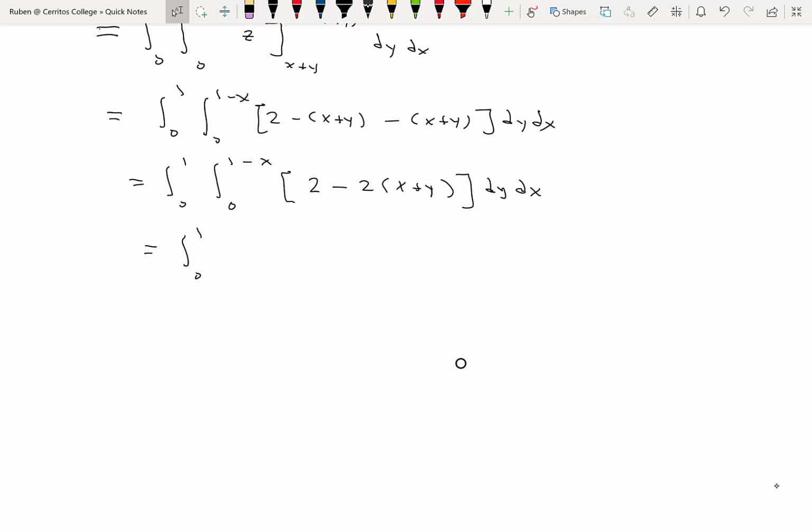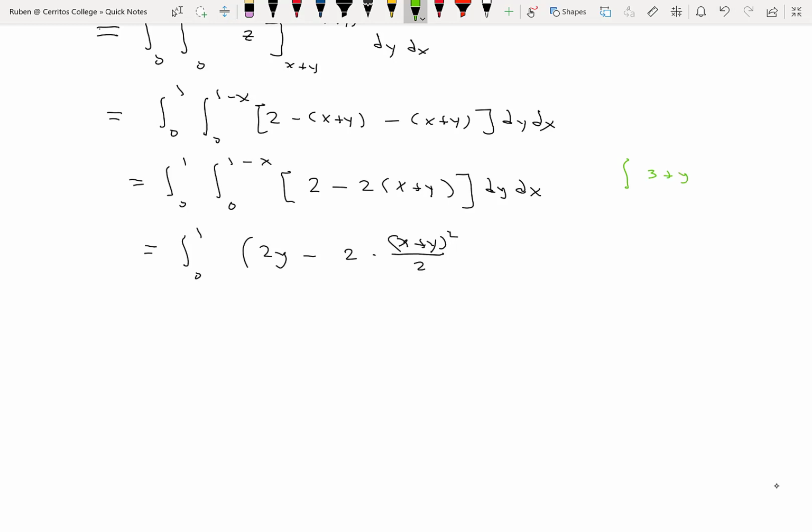So integrate with respect to y. The integral of 2 with respect to y is 2y. The integral of x plus y with respect to y is (x plus y) squared over 2. Why is that the case? I'll explain. The reason is x is held constant if I integrate with respect to y. So just off to the side here, if you were integrating